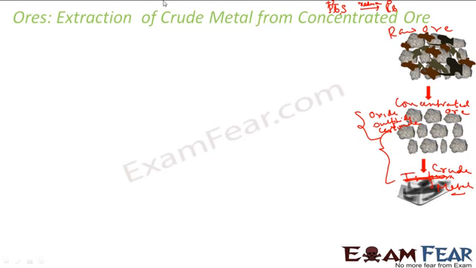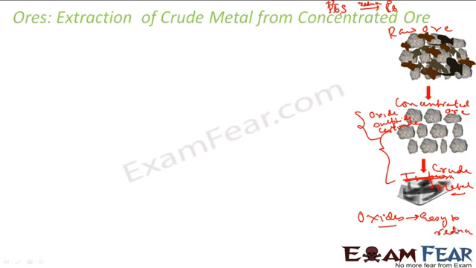Typically in the case of metals, if you talk about the oxide, carbonates or sulfides, the oxidation number of the metal is high, and in the pure metal form the oxidation number of the metal is 0. So we are talking about a reduction in the oxidation number, which is a reduction process. So we have to reduce these oxides, sulfides or carbonate ores to the metal. And we have also noted that oxides are easy to reduce.